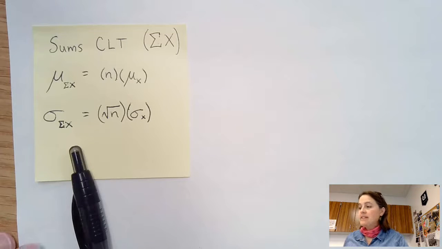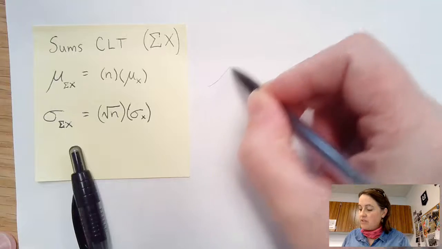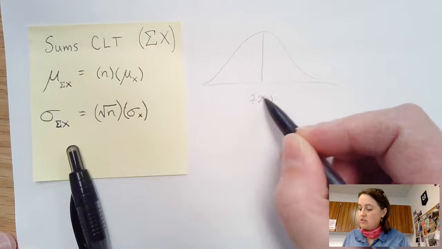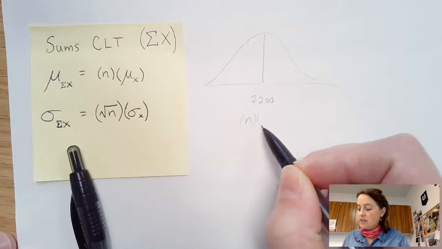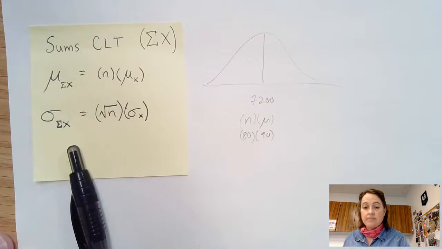All right, now for part B, it's asking us to find the sum of x when z is 1.5. So that's 1.5 standard deviations above the mean. And so to do this, we just need to know that our mean, when we look at that bell curve, the mean of the sums was 7,200. And that just comes from the number of the sample times mu. So that was our 80 times 90. Okay. So as we look at that, we want to know what is 1.5 standard deviations, or a z-score of 1.5,